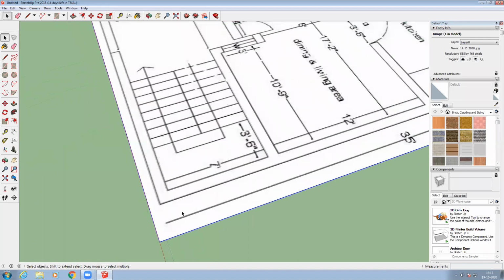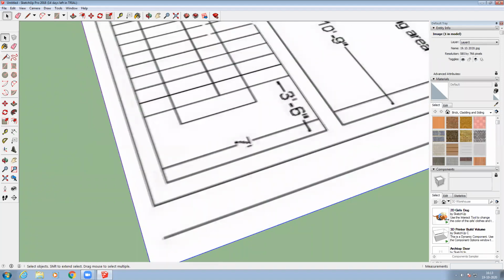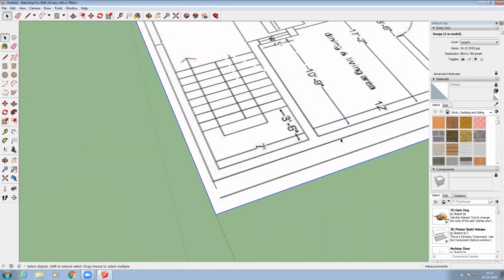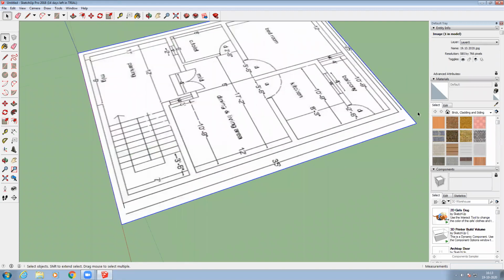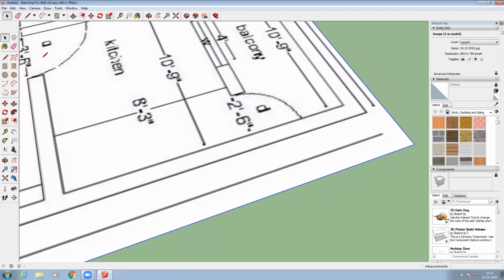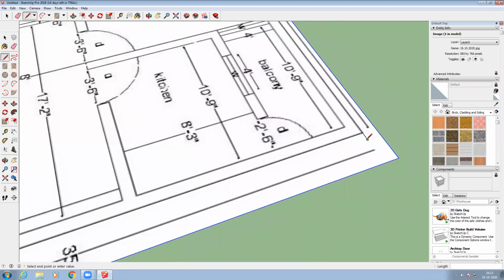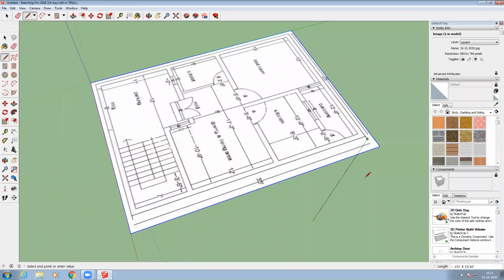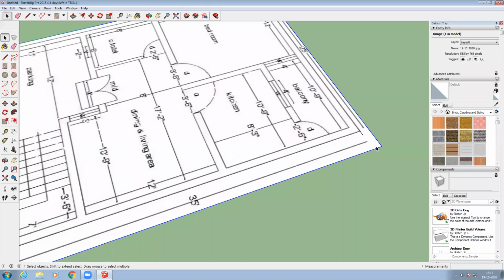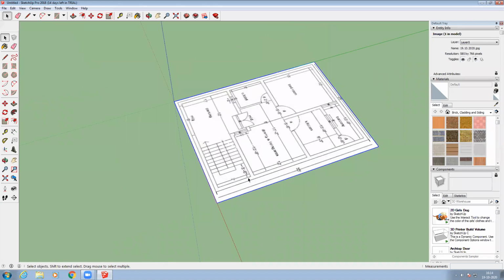For that, what I'm going to do is I just zoom it out, and then I'll take one line over this edge. See, I'm going to take one line like this, and at the other edge I'm going to take a line. I just want to zoom it out, and then I'm going to take a line over here. This line is only for my reference. Okay, so I'm going to adjust this length to 35 feet.